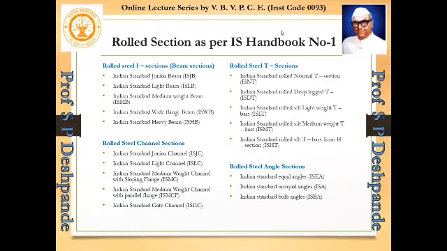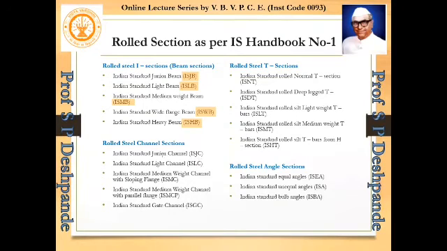Like in I section, we don't have only one I section. We have n number of I sections, or for that matter here we have 5 I sections. As you can see in most of them the three letters are the same, I, S and D. These letters are the same, only the third letter is changing. In the first case it is J. J stands for junior, it's a category. Then L is for light, W is for wide flange, H is for heavy, M is for medium. So that is the significance of the third letter. These are various categories.